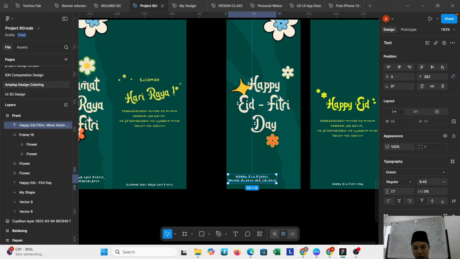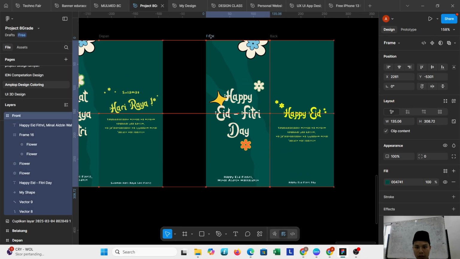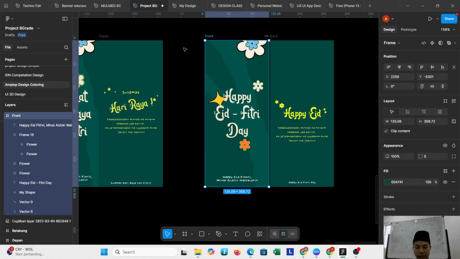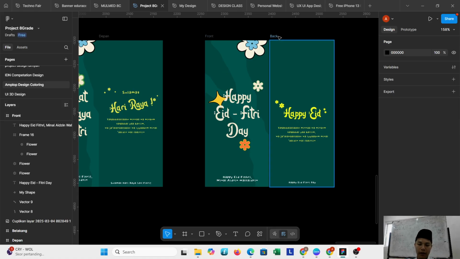Okay, these are done, and you can put them in the middle. Okay, this is already the design of the envelope. This is the front and this is the back.